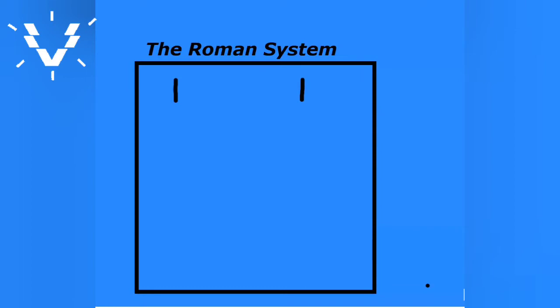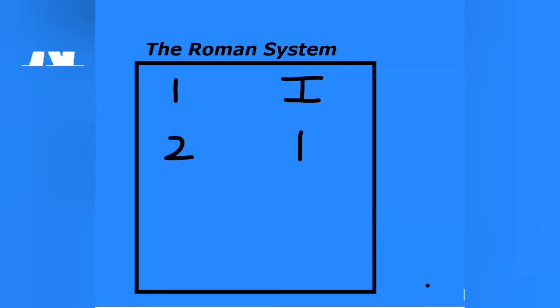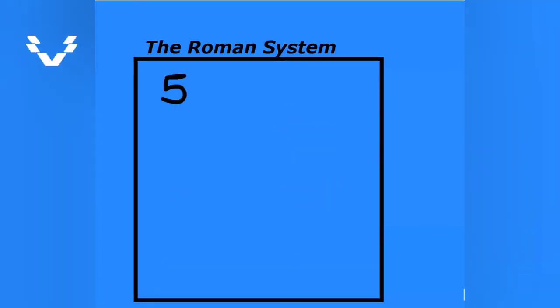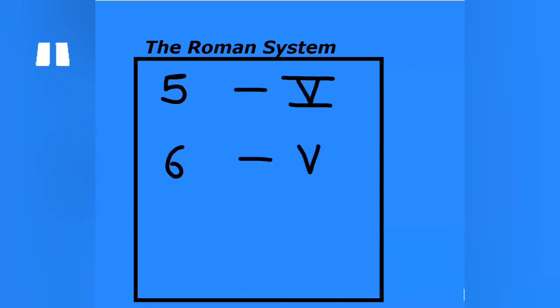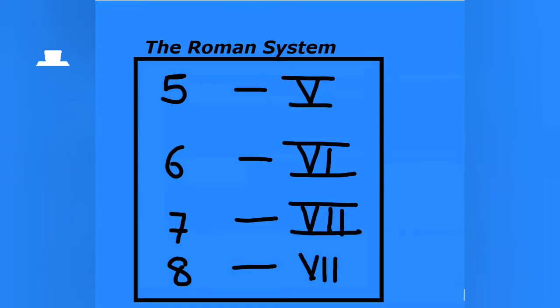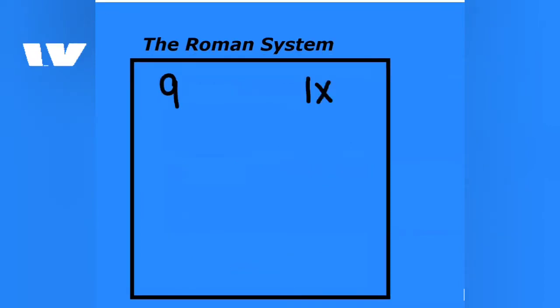So, 1 is represented as I, 2 is represented as II, 3 is represented as III, 4 is represented as IV, 5 is represented as V, 6 is represented as VI, 7 is represented as VII, 8 is represented as VIII, 9 is represented as IX, 10 is represented by letter X,